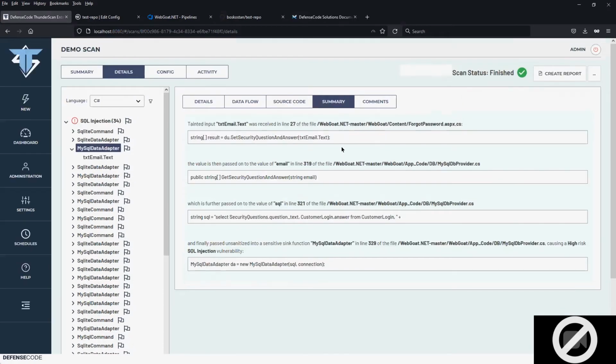Now, the summary tab of an individual vulnerability contains a high-level description of that data flow that we just went through. It will describe it in a high-level manner, like it will say where the tainted input was received, in what line of what file. It will show a snippet of that line, show how the value was passed on further, how it was passed to different values, and finally passed unsanitized into that sensitive sink function, causing a high-risk SQL injection vulnerability. So this level of information is available for every vulnerability type